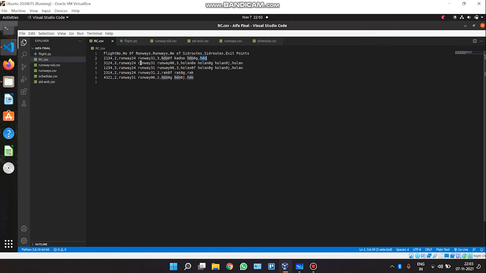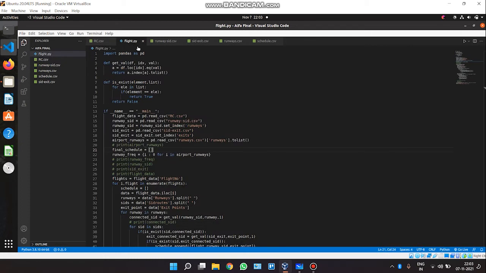So we want somehow to select a runway from this and an SID from this, which leads to this exit point. Also, then for the following aircraft, schedule.csv is our output. This can be assumed as our input, as here we input our flight data.